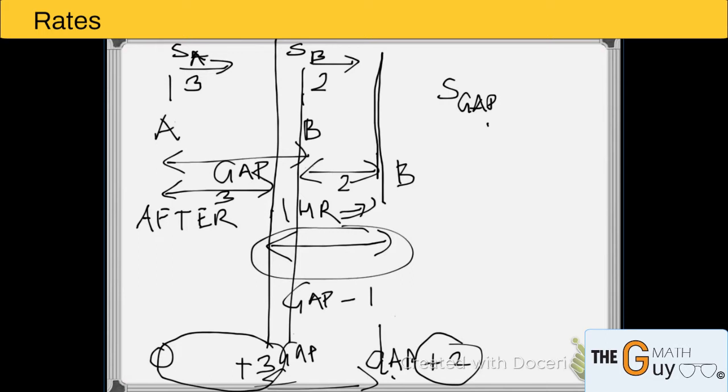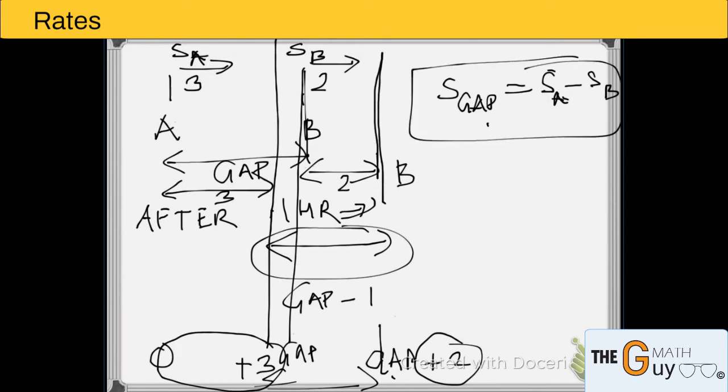it'll increase if object B was faster, then the gap would increase, right? The distance between these two would increase. But if the guy behind is faster, then the gap would reduce until A and B meet, and then A overtakes B and goes ahead. So the speed at which the gap changes, increases or decreases, is the difference between the two speeds. Okay, so these are two quick things to remember about the two situations in speed, distance,